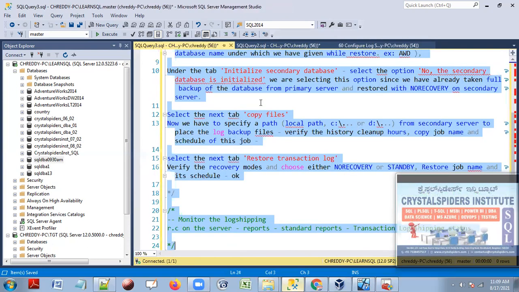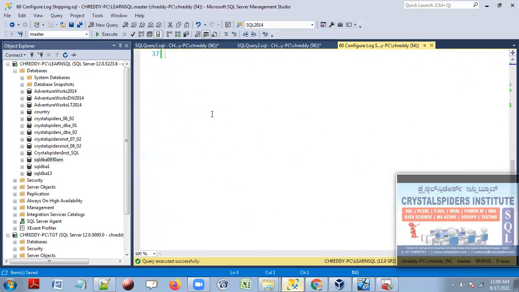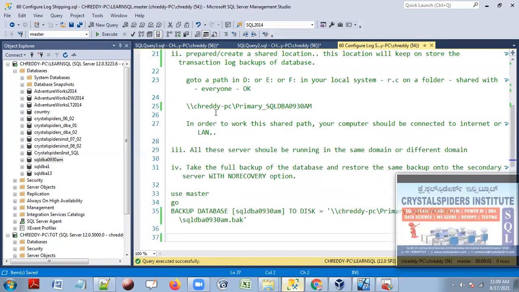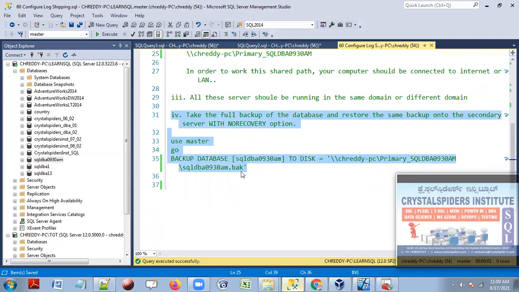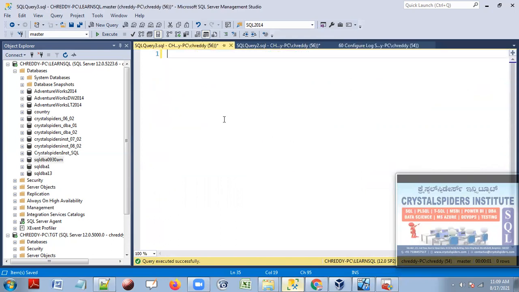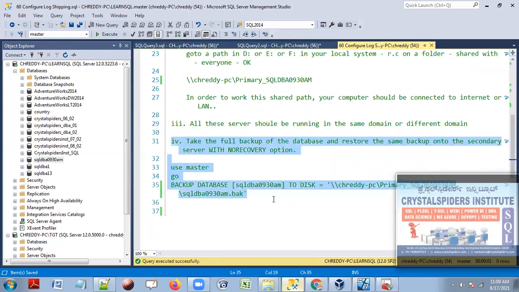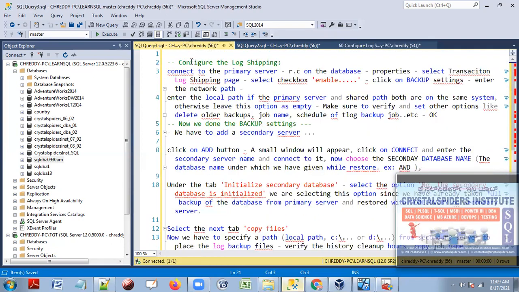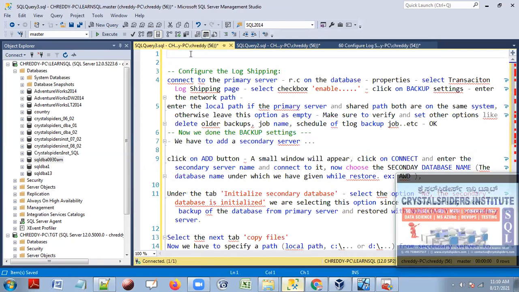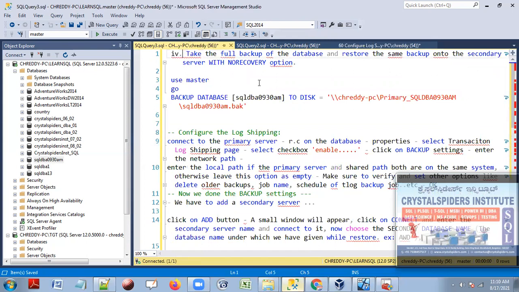One minute, guys. Usually we don't need to create a separate path for another database. We don't need to do that actually. But we have to take the backup for every database. From the fourth step onwards, we have to do it for every database. So let me take out this step also, guys. This is the fourth step, a continuation. This is the third step. I'm going to put this in separate steps, because we have to do it for every database.